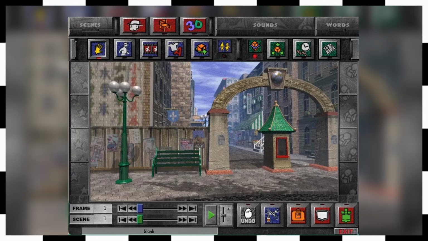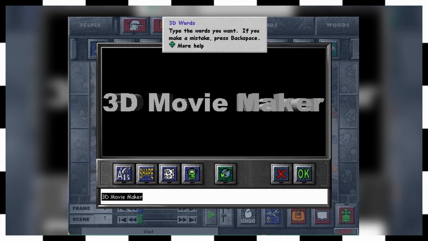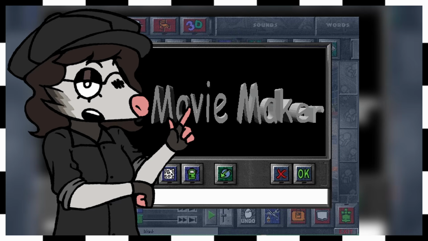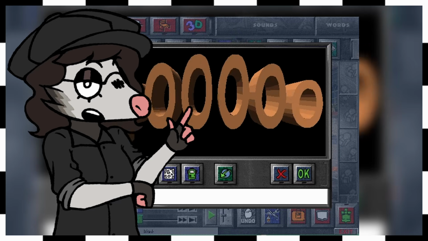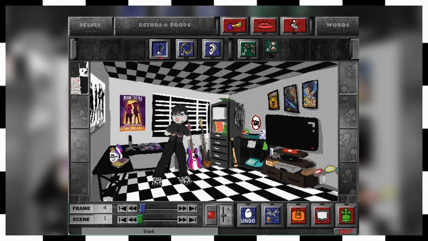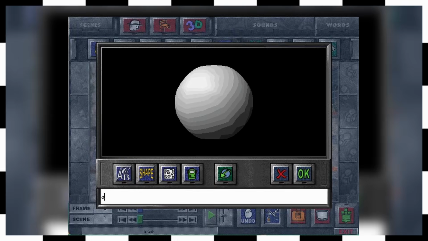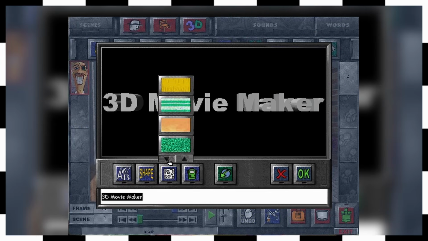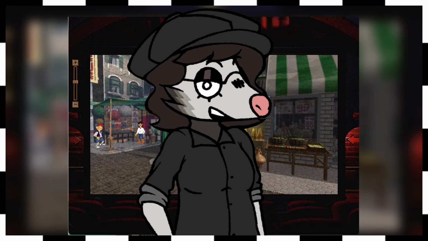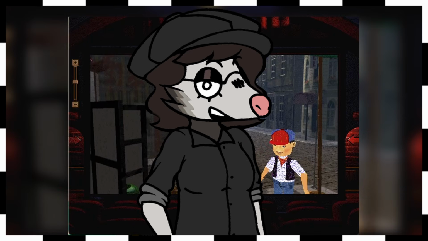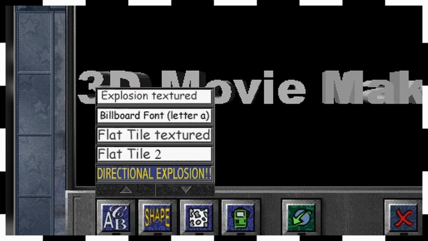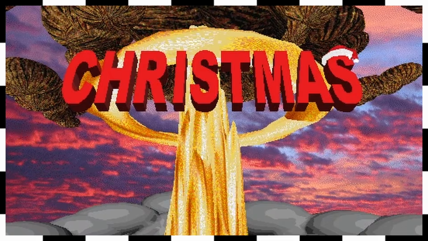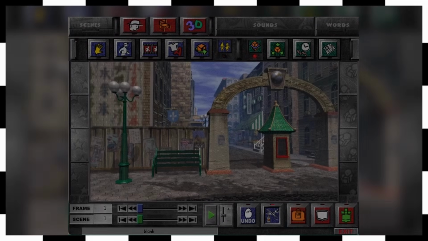And lastly, what I'd say is the most complex part of this program, the 3D text tool. Now, 90% of the time, it just does what it says. You can create text, you can choose a font, and you can change the texture on it, and then you can place it in the world. But with special modded fonts, you can create any shape you want and put any texture that is in the game, or even custom textures. People took this tiny oversight that you can add fonts into the game and have created entire fonts just to create landscapes, to create special effects. I created a nuclear explosion using